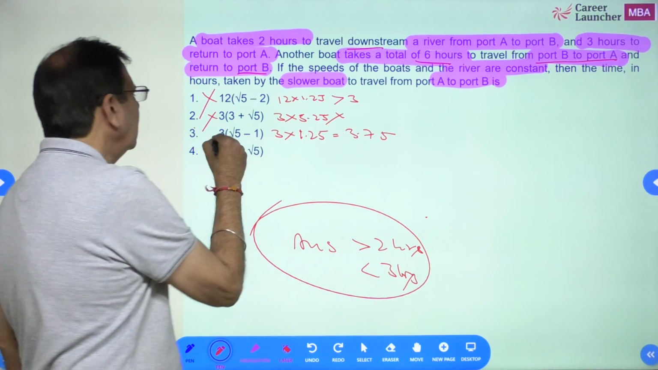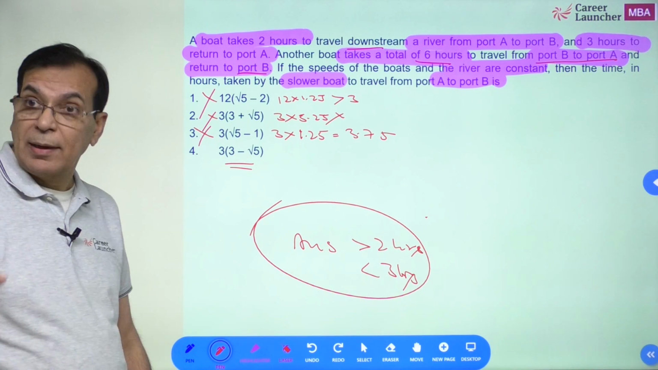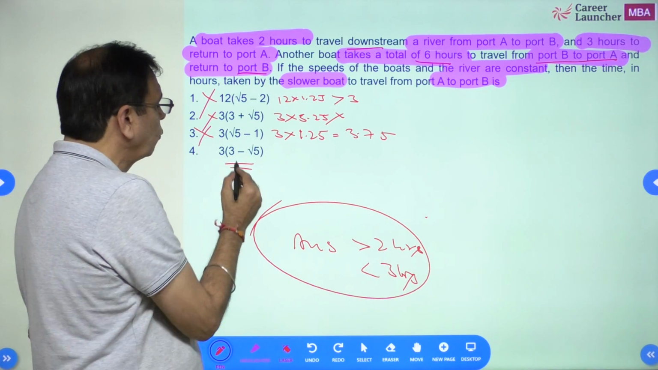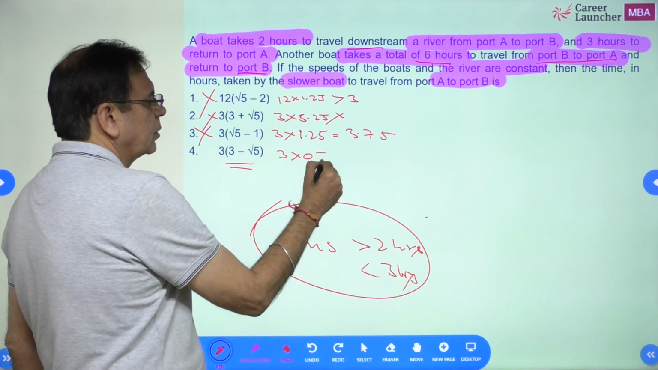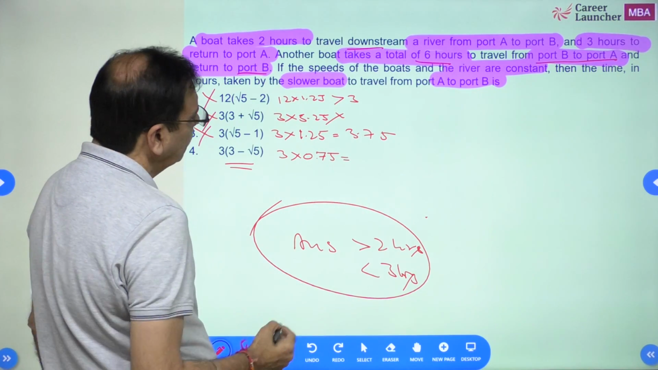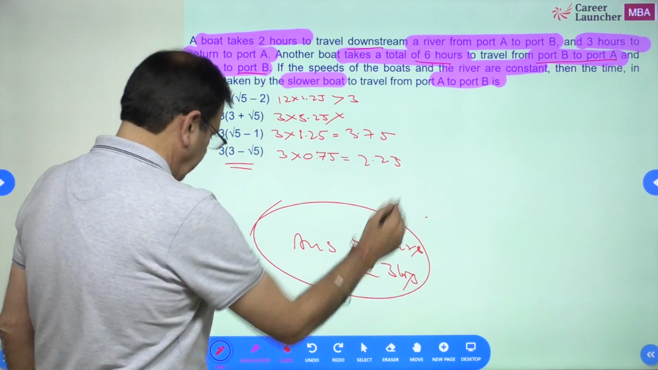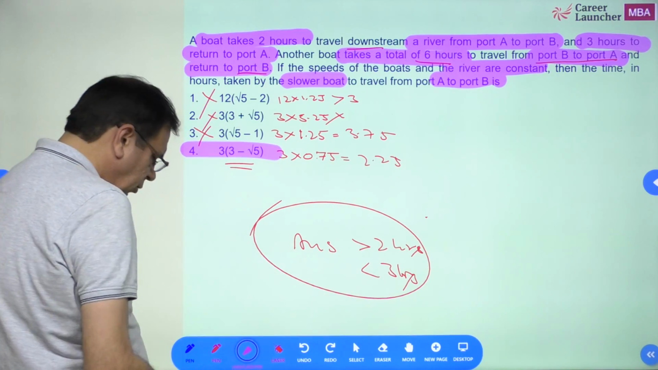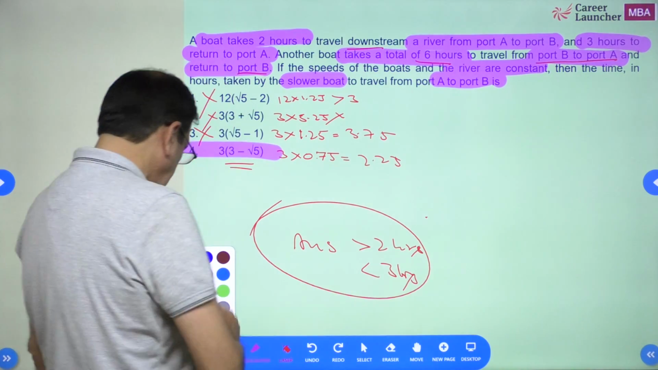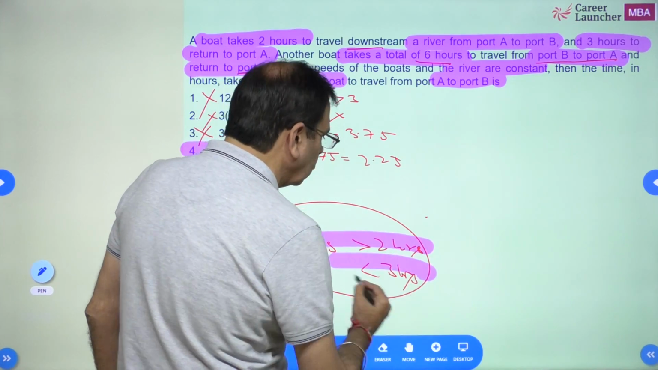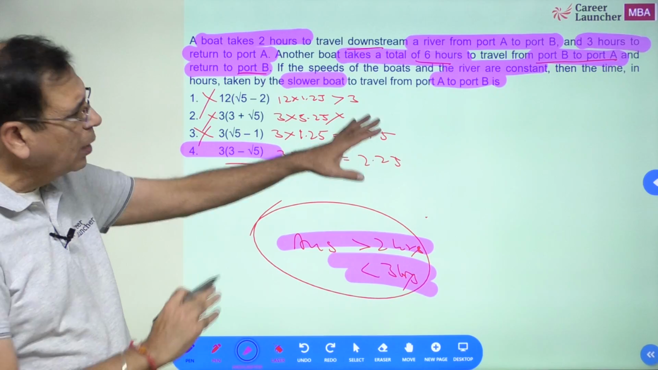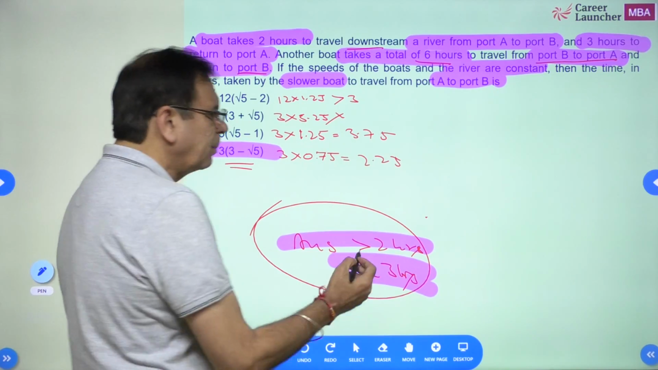What does it become? 3.75. गलत, यही होना चाहिए आंसर, बट वेरीफाई कर लेते हैं। How much is 3 minus root 5? This will become 3 into 3 minus 2.25, 0.75. How much does that become? 2.25. आ गया ना आंसर? यही होगा आंसर। That was a simple जुगाड़ that my answer has to be greater than 2 and less than 3 was sufficient। मेरे को कोई इक्वेशन नहीं बनानी, चॉइसेस देखी, अपना बेसिक जुगाड़ लगाया, आंसर निकाल दिया।